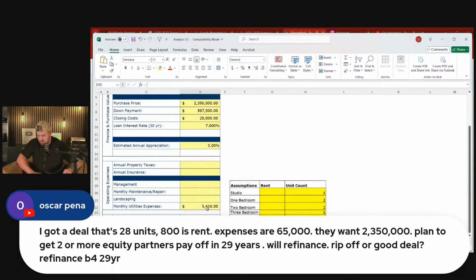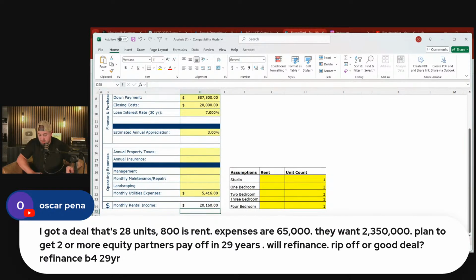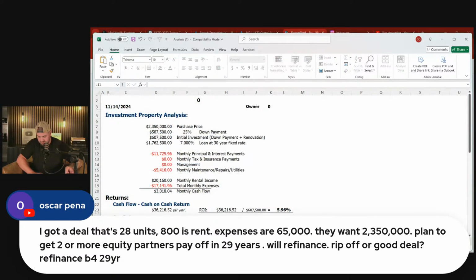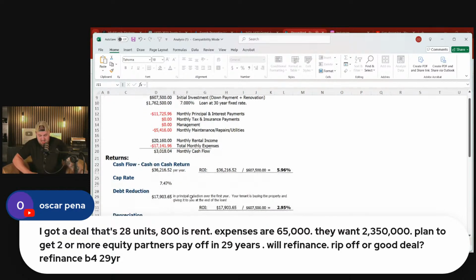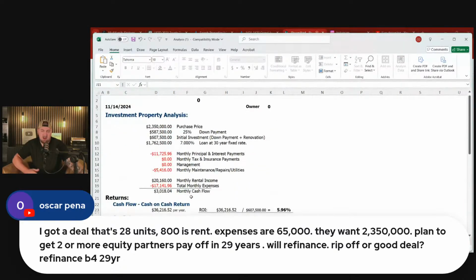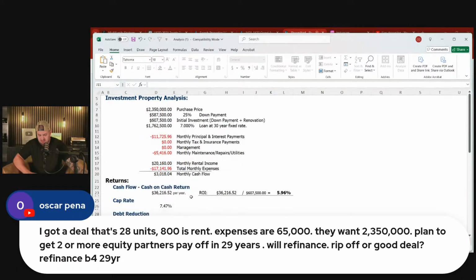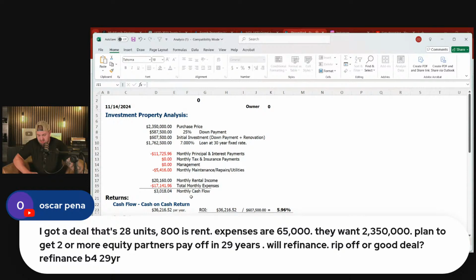Okay, these are the inputs we're going off of. This is going to be a pretty good deal. Pretty good. Okay, a little bit of cash flow. 7.5 cap. I don't know the cap rates off the top of my head for Edinburgh, so it might be good, or might be bad. 6%. It has the makings of an okay deal at 90% occupancy with those expenses. With our limited inputs,